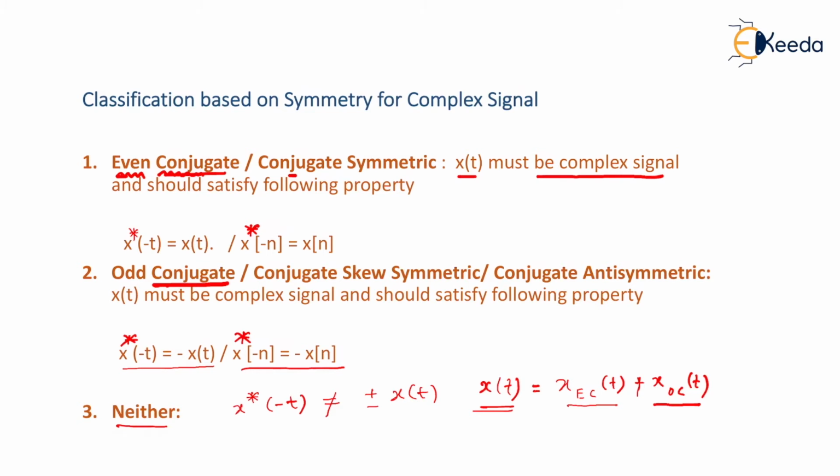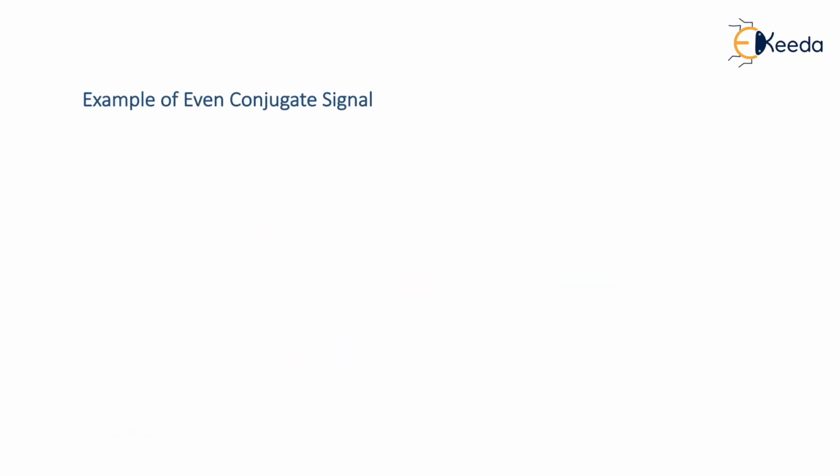So let us start with the very first type, that is the even conjugate property or conjugate symmetric property. Here I'll give you an example of an even conjugate signal. If you want your x of n to be an even conjugate signal, then the first thing is your x of 0 has to be a real value, and let's say we have some values, a complex value x and a complex value y. Then to satisfy the even conjugate property,